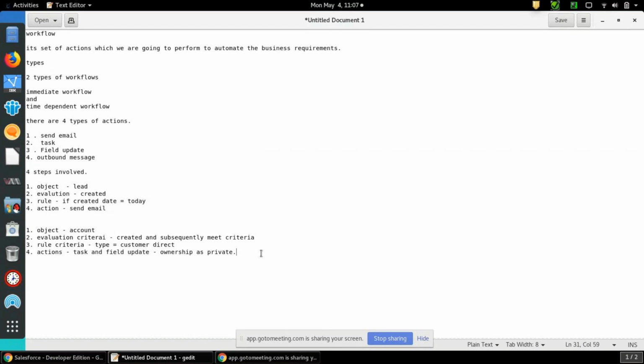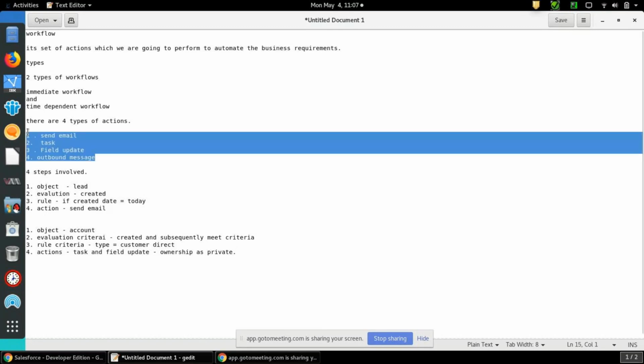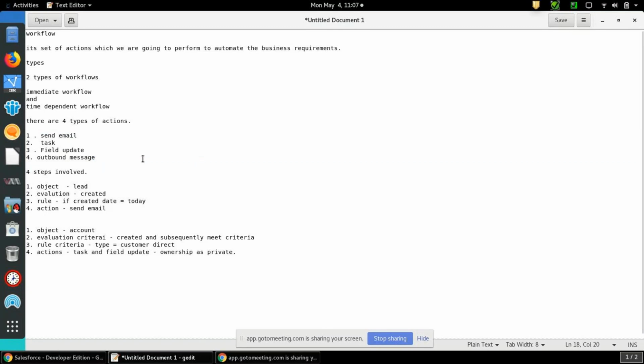And workflow has some limitations also, like only these kinds of things we can perform using workflow. If you want to perform more actions, like if you want to update the record in some other object, and if you want to create a record automatically, if you want to call some other process, if you want to post something in Chatter, there are many kinds of actions you can perform using process builder.